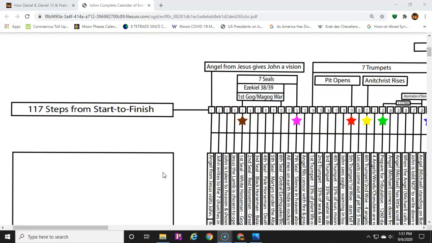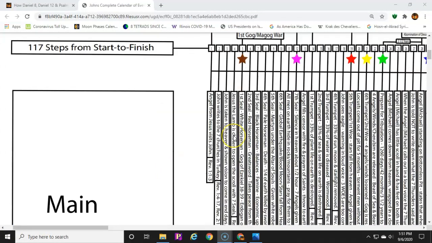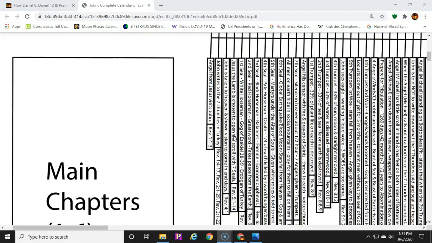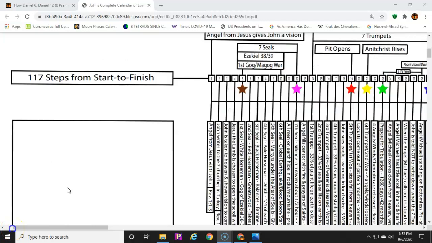So after John writes the letters to the churches, only John, not the churches, is taken to heaven. And he sees these images of all the elders, the 24 elders, and what's going on in God's heaven, and all these different things. And he sees the Lamb being selected. Jesus is the only one that is worthy, so he's being selected to open that 7-sealed scroll, and then we watch the 7 seals start being opened by the Lamb, or the Son of God, which is Jesus himself.